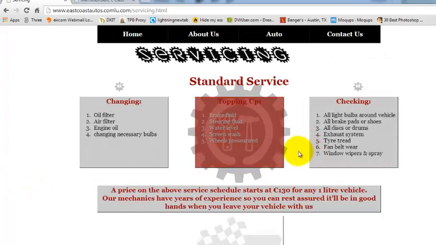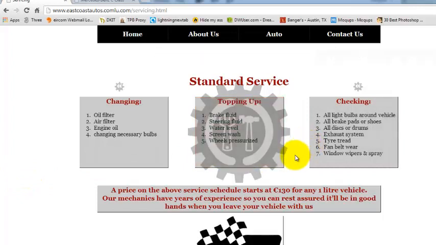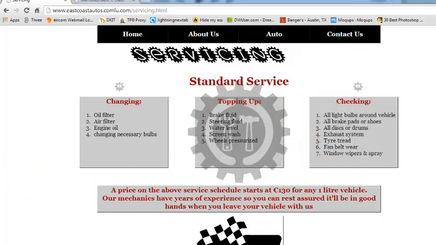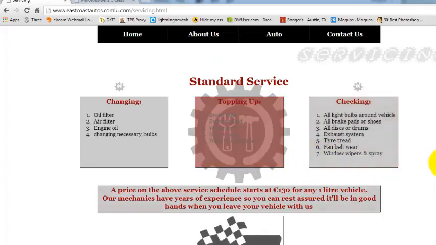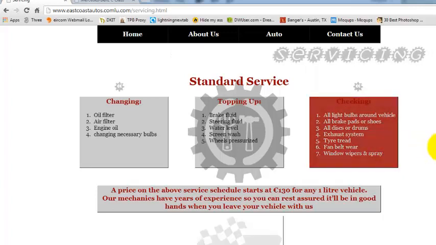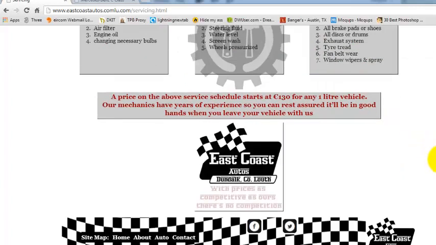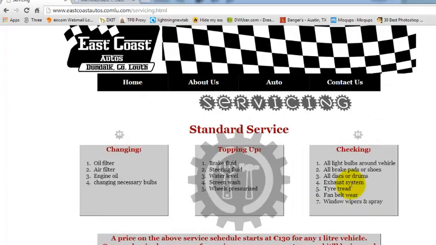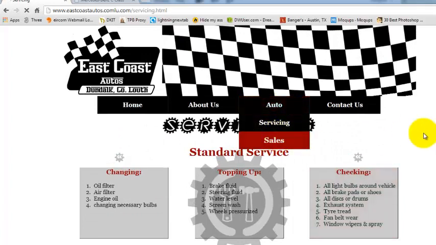The opacity of them is set so you can see through them at the beginning. I have a transition on these too, so they don't change instantly, they change over a bit of time. Down here I made a small GIF, just as a bit of an advertising feature. On the sales page